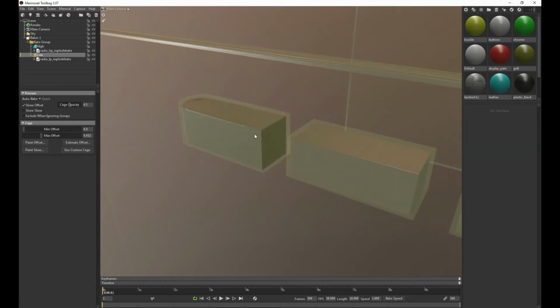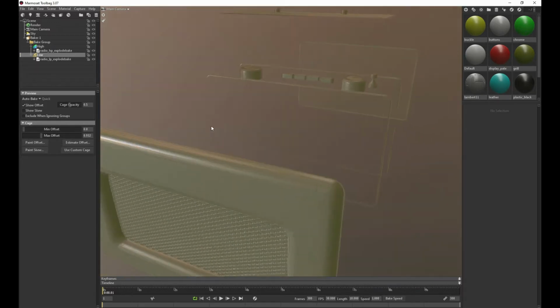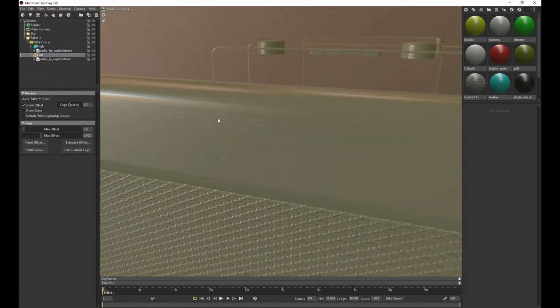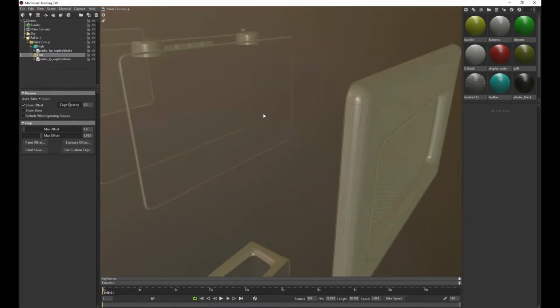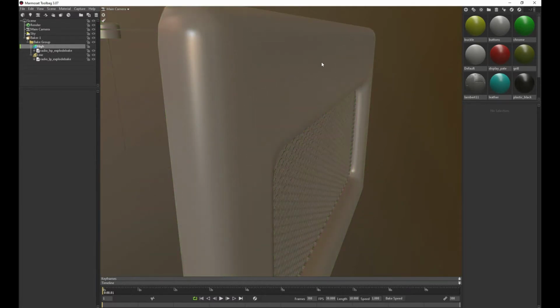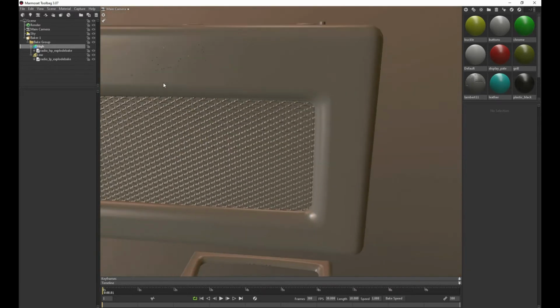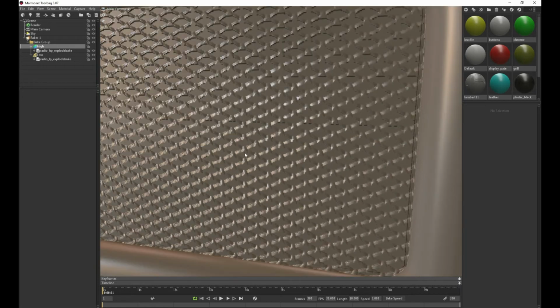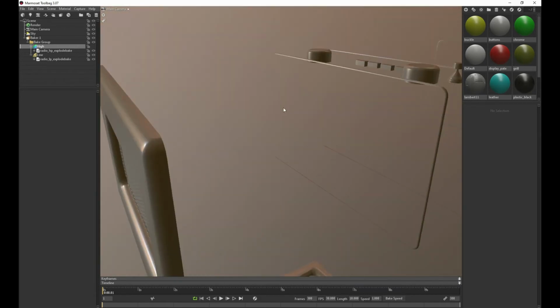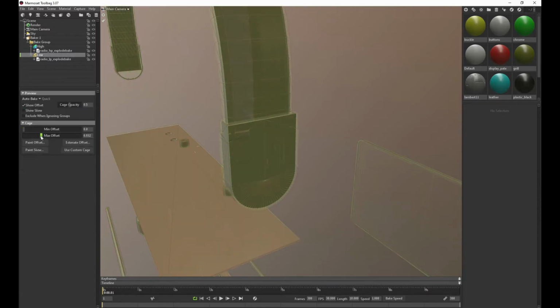We don't have those artifacts on that face anymore because the cage isn't seeing that. And what it was finding this and it's projecting it onto that in a sort of distorted way. But the issue that we may have now is that it might not be picking up the sign enough, because if I come into my high poly, if I just select the high poly, you can see there's the Robert sign and it's sticking out further than the cage. So the cage isn't finding it, nor is it finding the mesh properly. So we do this explode bake so that we can get a better representation